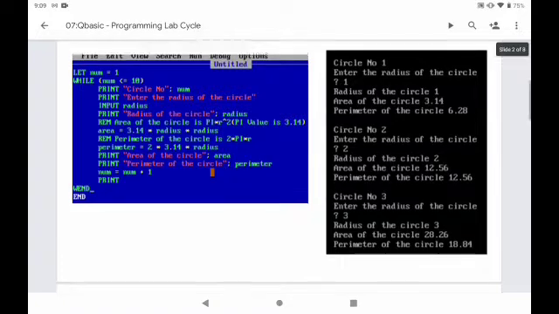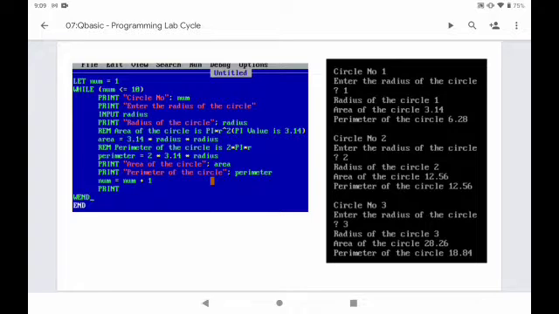Then print circle num. That means you have to enter a circle num. Then num. That means we don't need to enter that. It will be entered automatically. How does it enter? You can see the variable we have given there, that is num. Currently the value will be 1. After that it will get incremented at the last line. You can see the incrementation num equal to num plus 1. So like that, the values 1 to 10 will be there for each circle number.